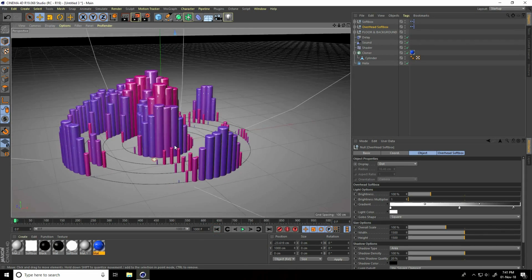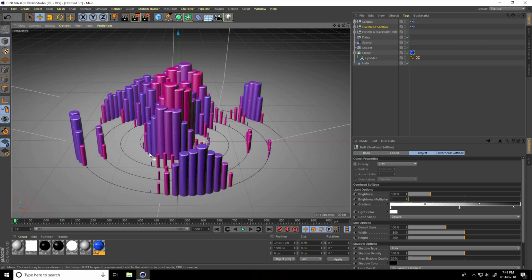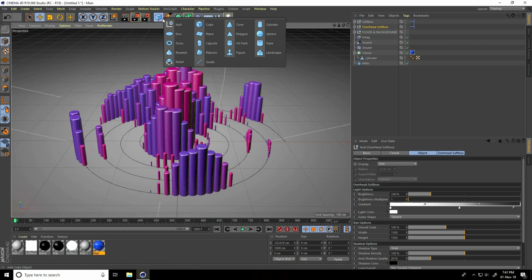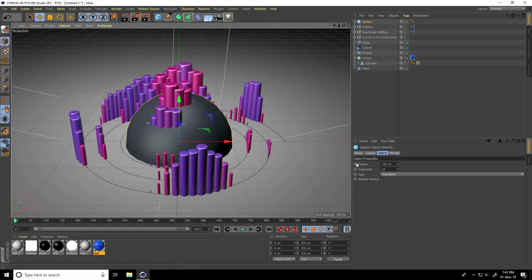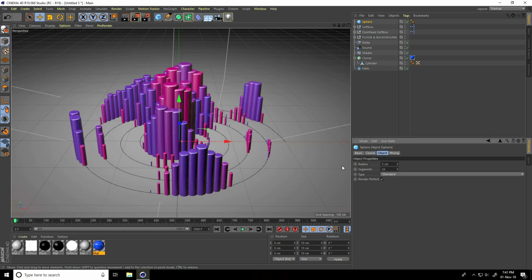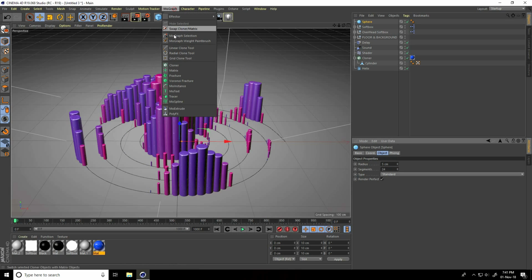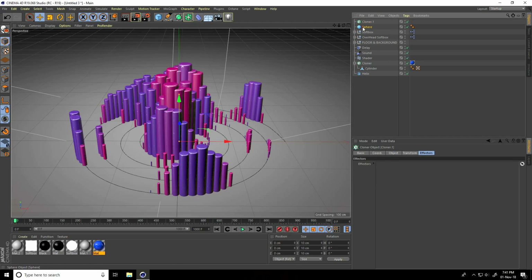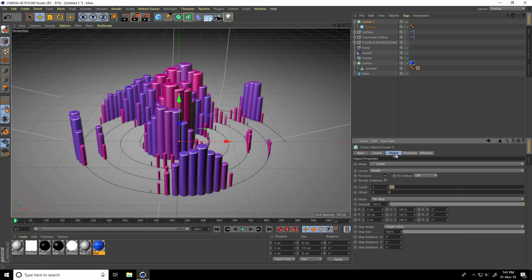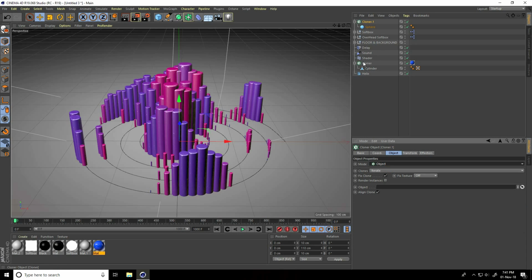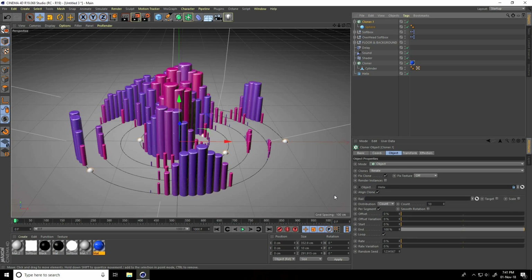Guys, I apply the second animation. So I take a sphere and sphere radius take only 5 centimeters. 5 and I take a cloner. Guys, select this sphere and make it a child of the cloner. Select the cloner and I go to object, same mode. I take object, select this helix, this one, drag and drop in object.